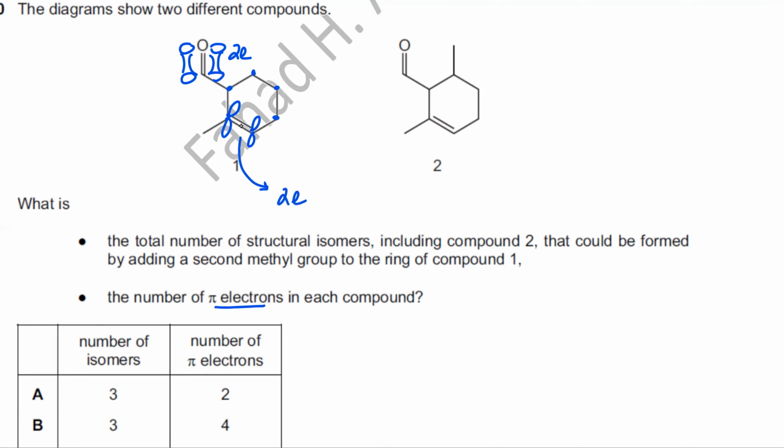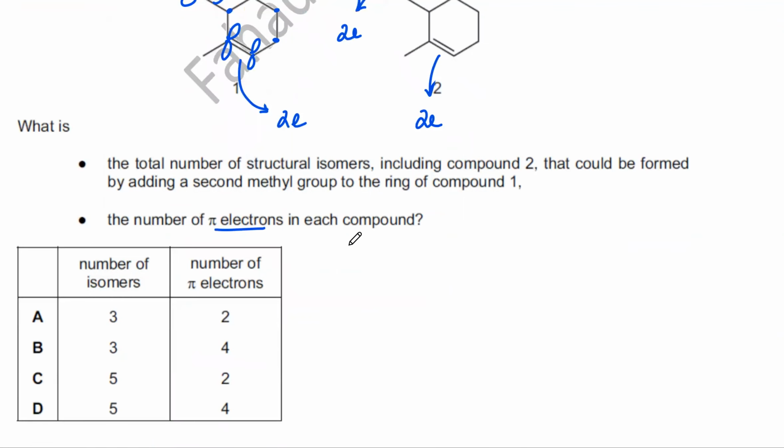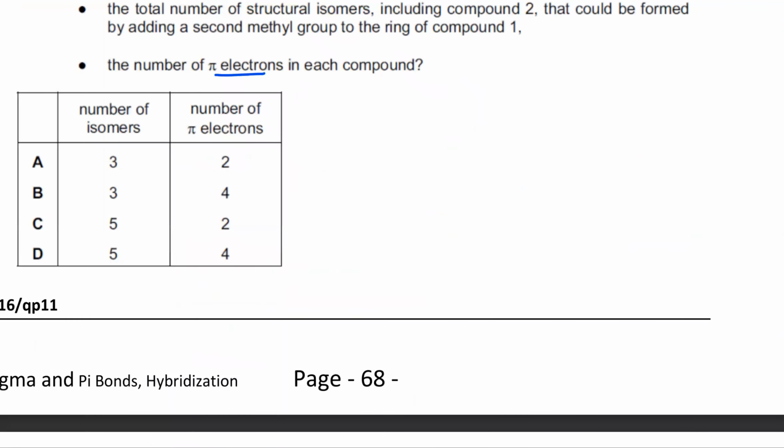The second one also has a pi bond over here. So that's two electrons. And there's a pi bond over here. That's another two electrons. So the total number of pi electrons in both cases is 4. Next is